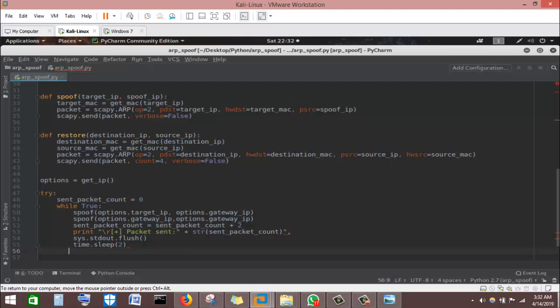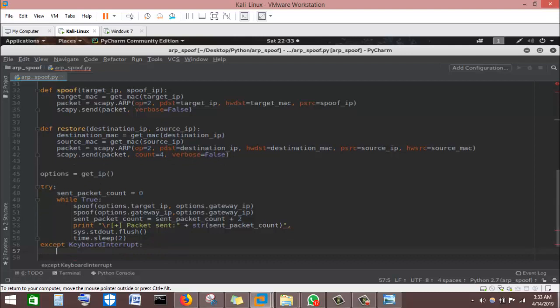So now, making use of the except keyword, we are going to notify this program that it shall accept keyboard interrupt. And when this keyboard interrupt happens, we want the program to run this code under this except block. We want the program to print this particular statement, a new line character. You print out a new line, and then